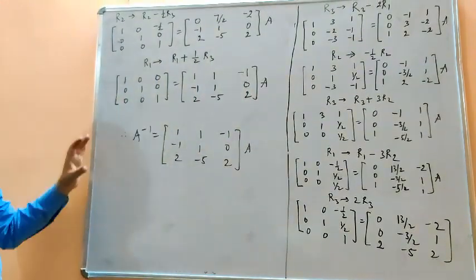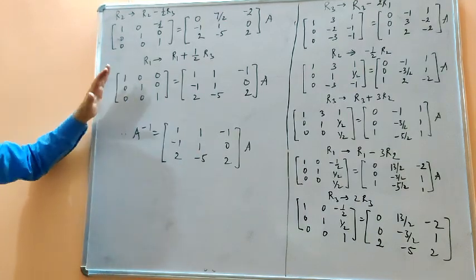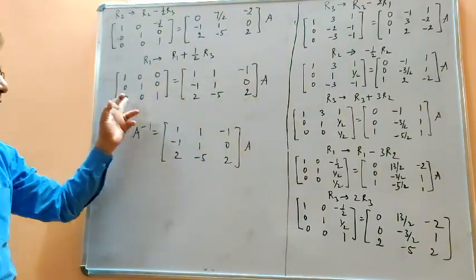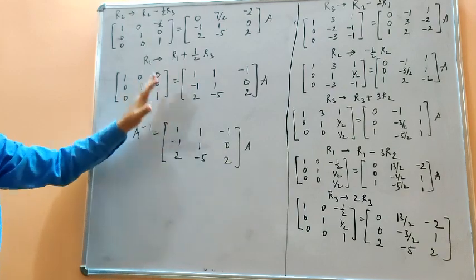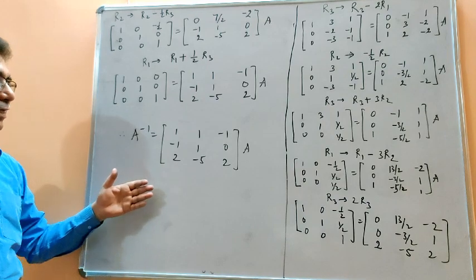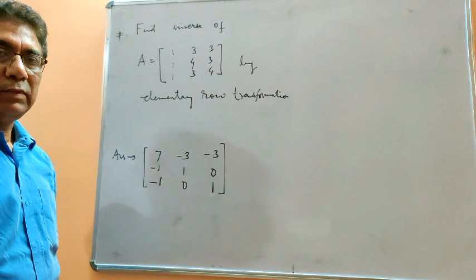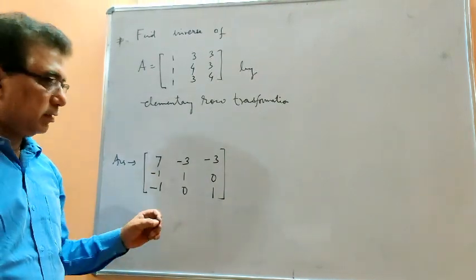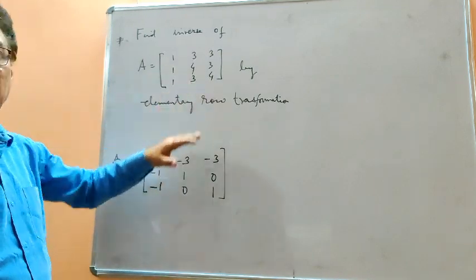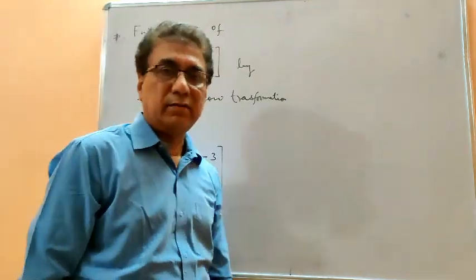Finally after going through those 9 steps, we have got the identity matrix on the left hand side, and this matrix B into A has given us I. So A inverse is this one. That is the application of elementary row transformations for getting the inverse of a matrix of order 3. Now I have given one question here, and this will be your work to solve. The answer is also given here, and you must follow that algorithm. All these questions are very important from the board point of view.